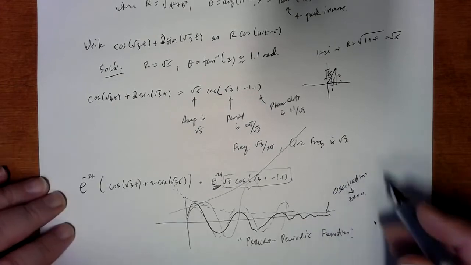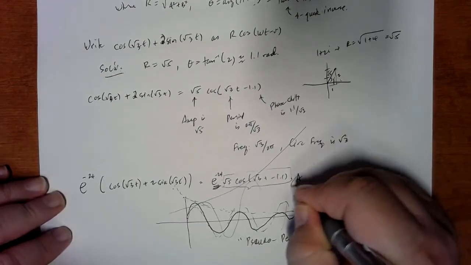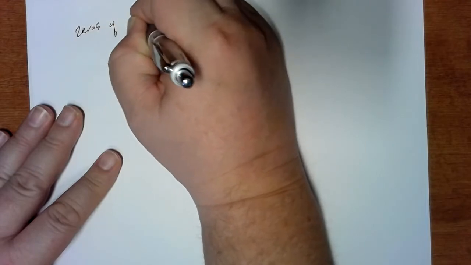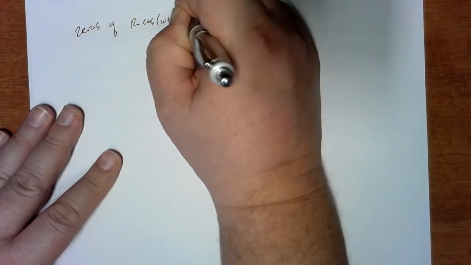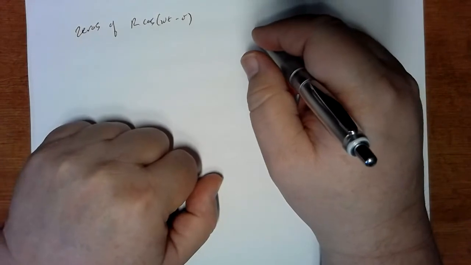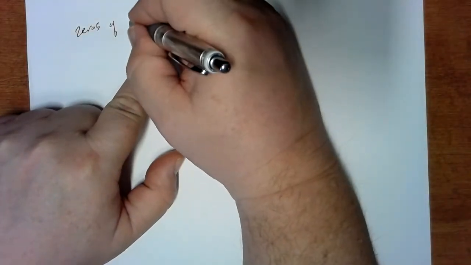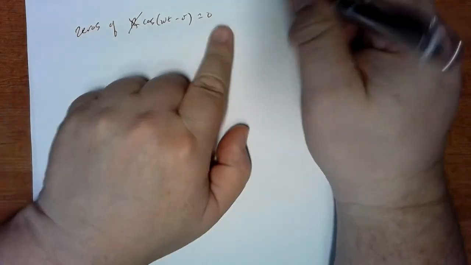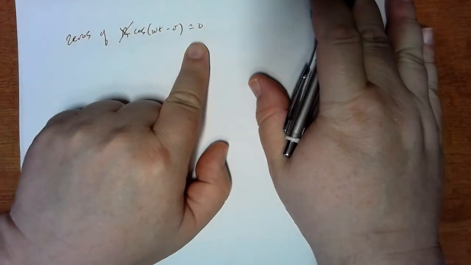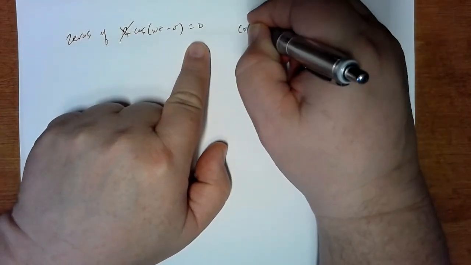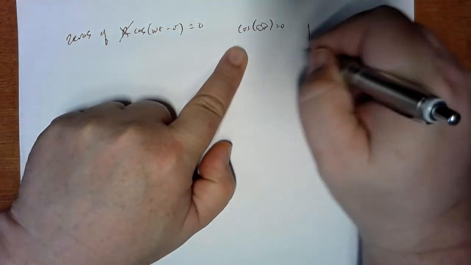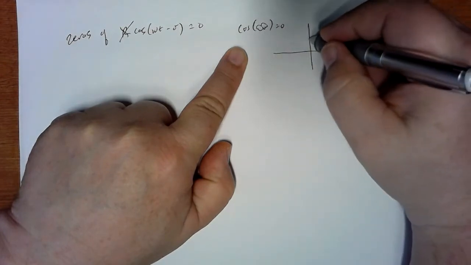Maybe one other algebra issue that I might discuss is how would you find the zeros of r cosine omega t minus delta? Well, the r doesn't matter, because if you set this equal to 0, it really doesn't matter. So how do we solve for the t's in this problem? Well, think of it as taking the cosine of something equal to 0. And so if we graph the cosine function along the something axis there,